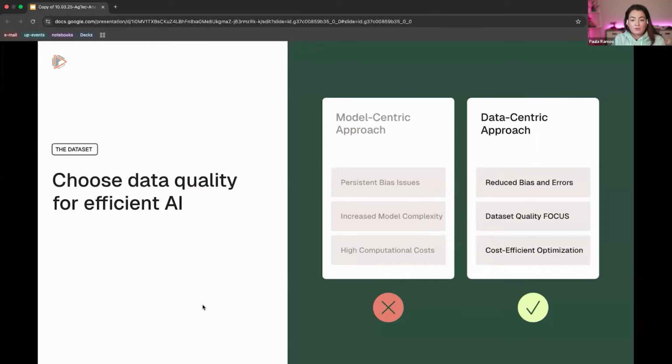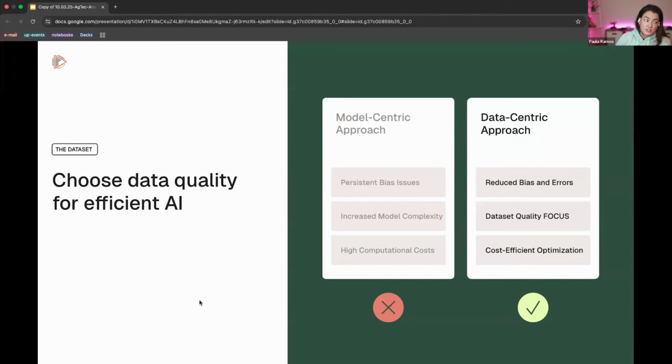So my recommendation here is that we need to make a choice between a model-centric approach and a data-centric approach. The data-centric approach is the way, because we can reduce the bias and errors. We can understand why this problem is happening. It's not just saying anomaly detection is not working for agriculture. No, it's how we can make this work for agriculture. Because we understand right now the reaction of the data set with these kinds of algorithms, we can improve that pipeline and we can increase the quality of the data set,